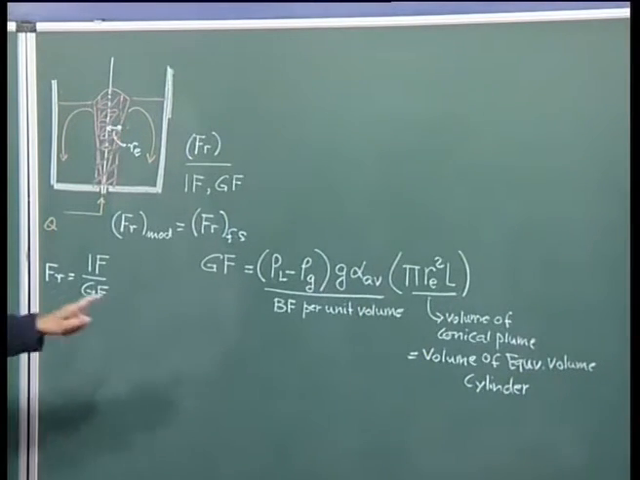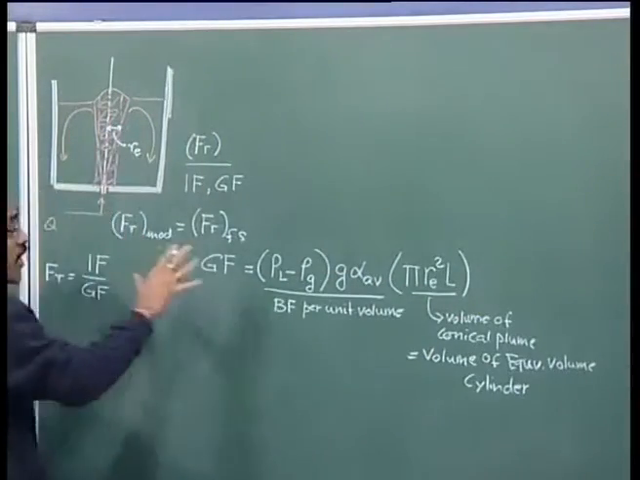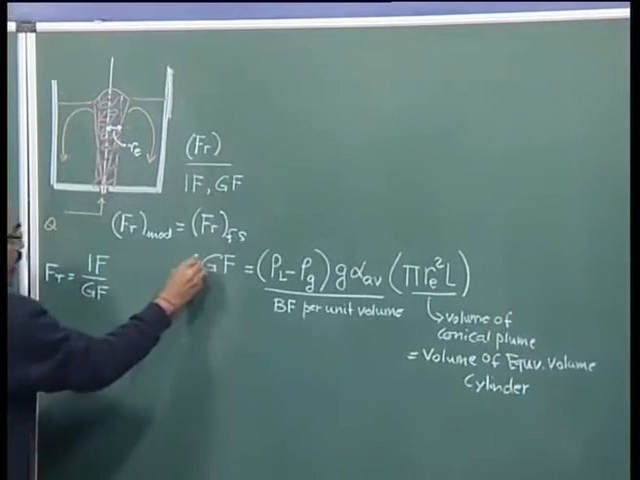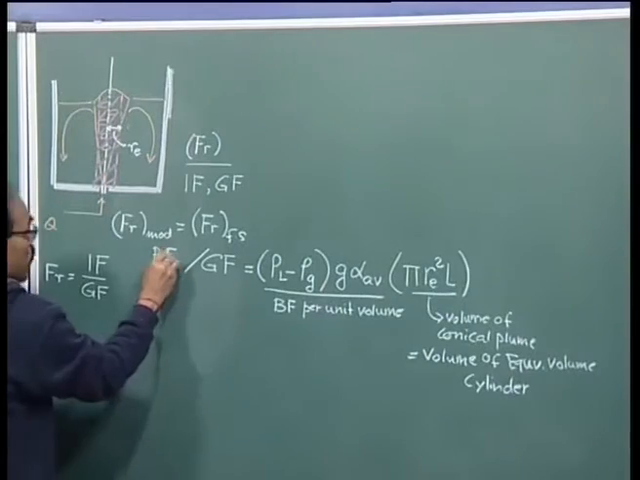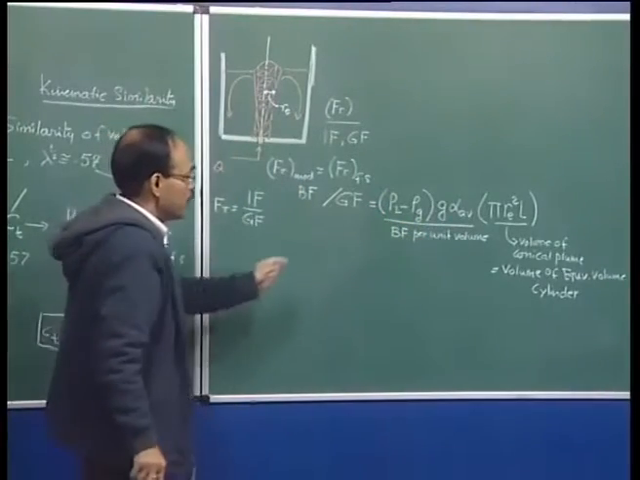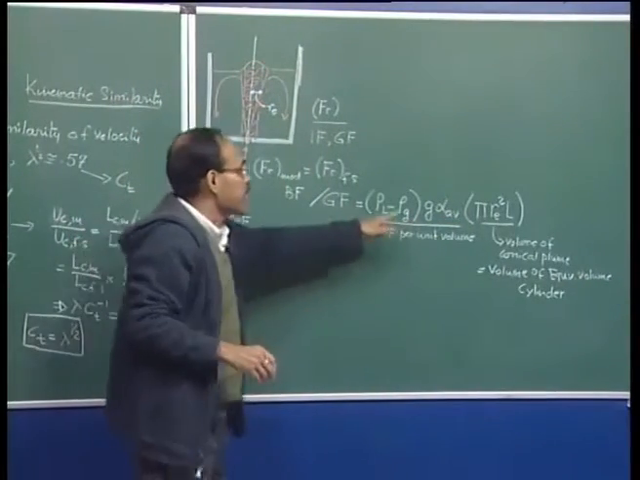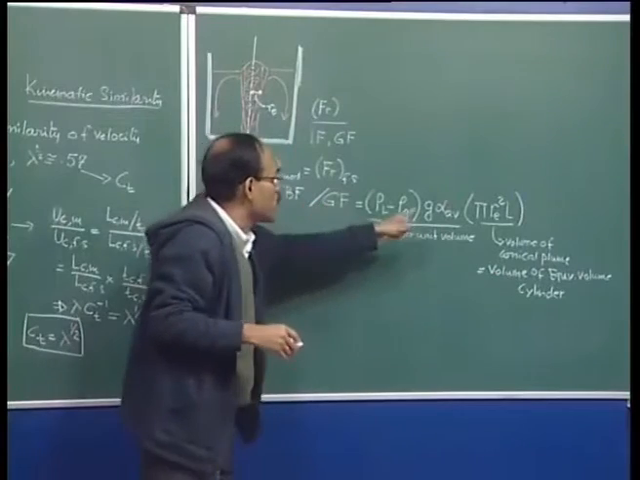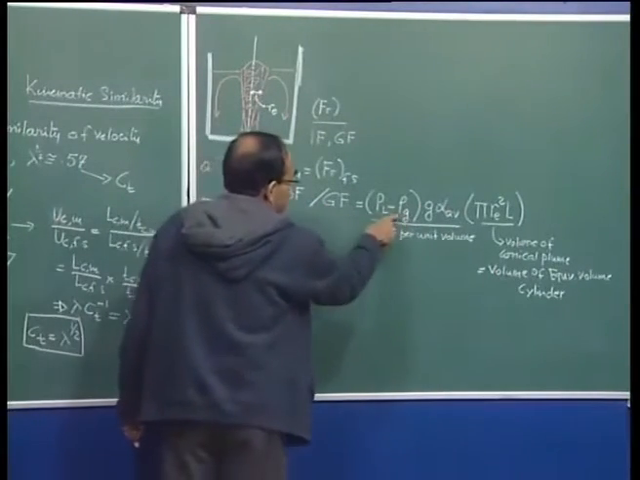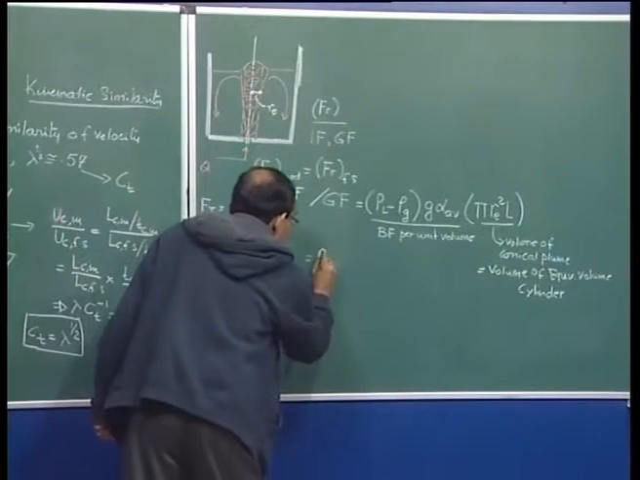So, buoyancy force per unit volume multiplied by the volume of the two-phase region gives us the gravitational force or the buoyancy force. This is associated with the acceleration due to gravity, and this is the total buoyancy force which is acting, the gravitational force which is acting within the two-phase plume region. And now, considering that the gas density is very, very small, I can also write that this is